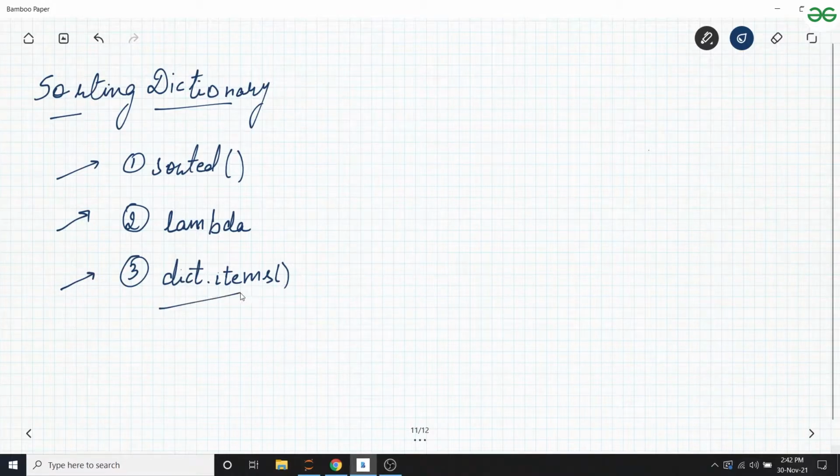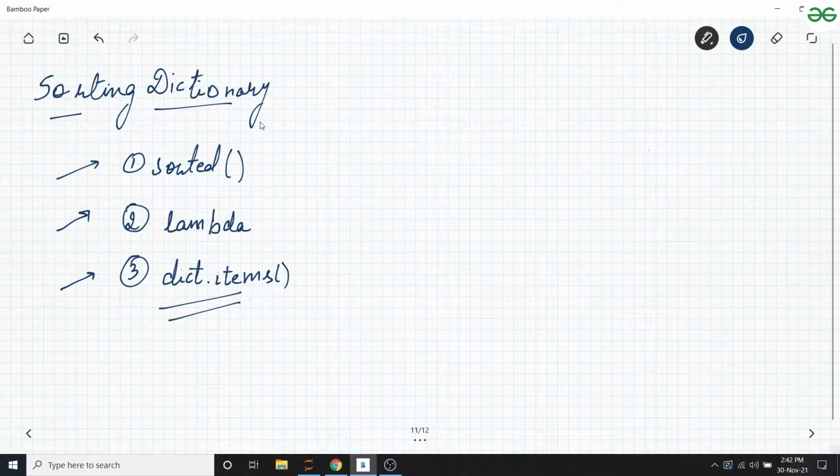You would recall we've covered this in the second lecture. We won't be going over dictionary.items in detail, we're just using it, and we'll cover the sorted function and the lambda function very briefly, only the part we need.